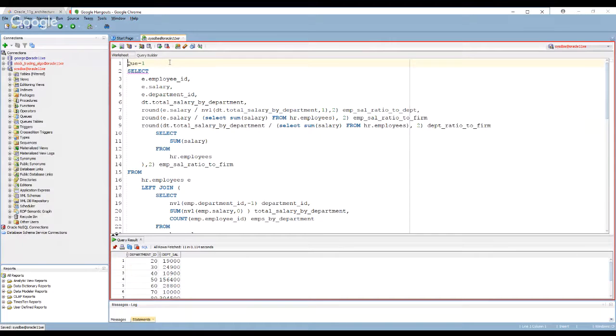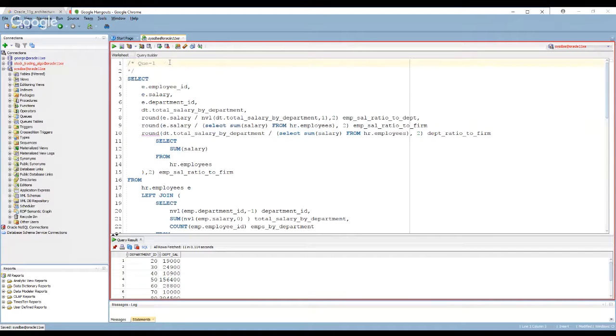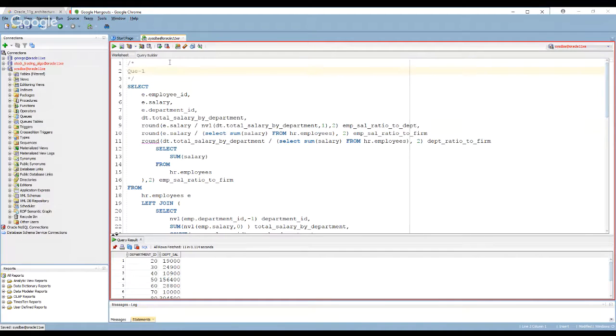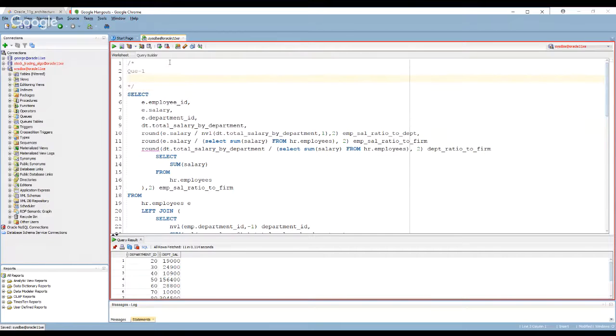A quick test: you're submitting your assignment, right? And you say line number 1, you say question 1, right? It's a comment, it's not a query. You really want to put dashes in front of them, or you do the multi-line comment.